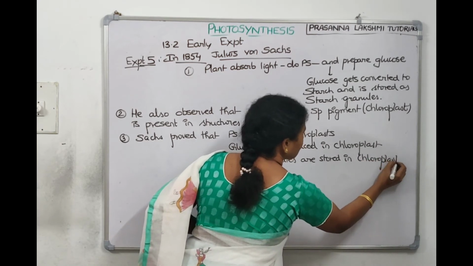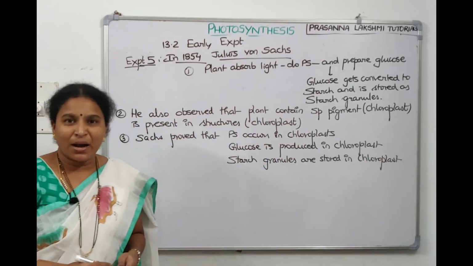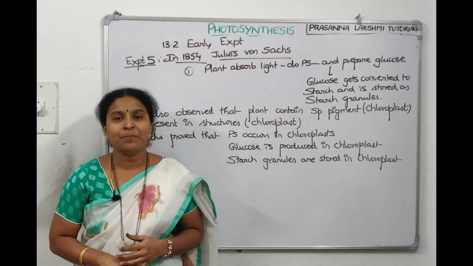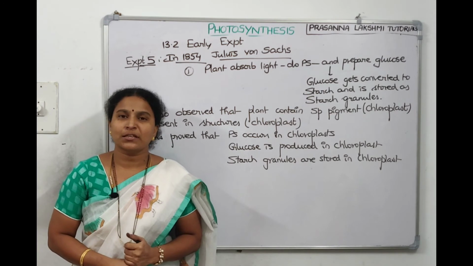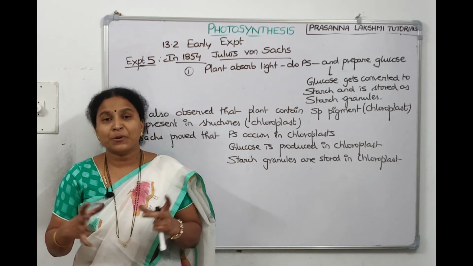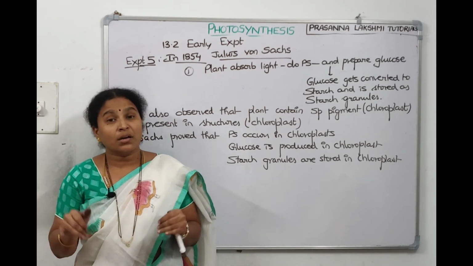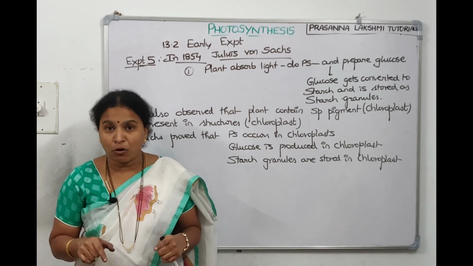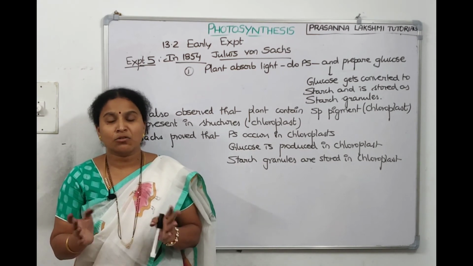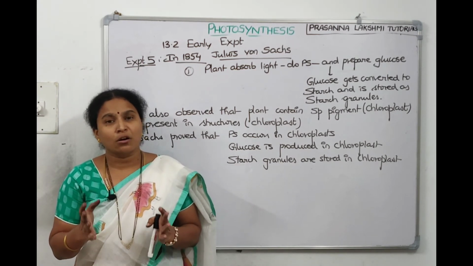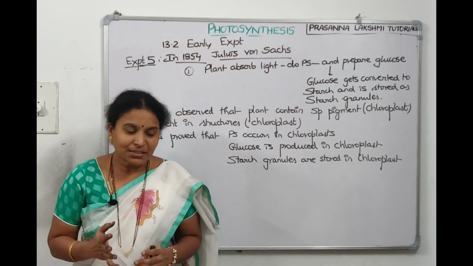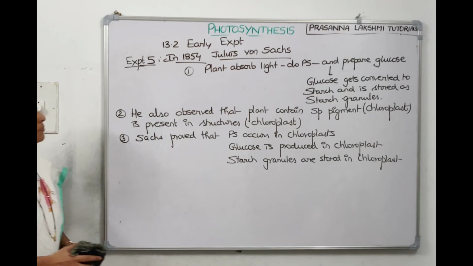See children, step by step we are doing one experiment after another. This is the fifth experiment. It is concerned with the product of photosynthesis. What is that? Glucose is the product. Where does photosynthesis happen? In a special organelle called chloroplast. What does that organelle contain? A pigment called chlorophyll. There the light is absorbed and that light will convert carbon dioxide to carbohydrate. That carbohydrate is called glucose. It gets stored as a reserve food material called starch. Take a screenshot. We will continue.